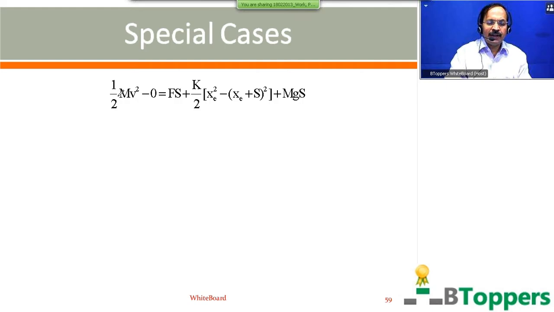So change in kinetic energy is equal to the final kinetic energy of the block minus the initial kinetic energy of the block. Initial kinetic energy at the initial position is 0. Xi equal to xe, xf is equal to xe plus s. So we can simplify it further. Xe plus s whole square. So we simplify it further as explained.